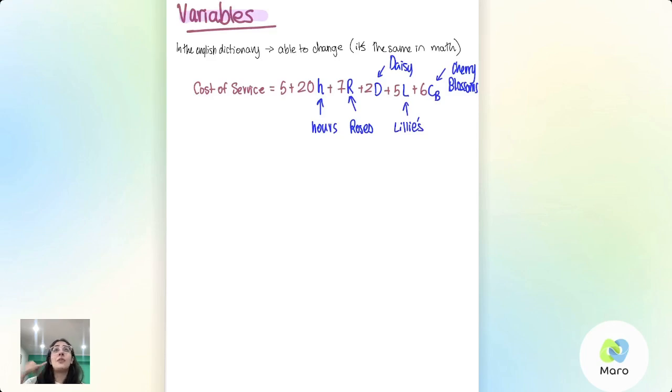So now anyone calls me and says, hi, I'd like 10 roses, 12 cherry blossoms, and 5 lilies. Oh, would you like any daisies? No, I don't want any daisies. Then I just substitute all those numbers into here, plug them in. Same with the hours, so I'll wait until I finish the bouquet. Let's say it took me 5 hours. I'll plug in my hours and then boom, I'm done and all is good. Everybody cool with that? Yeah?